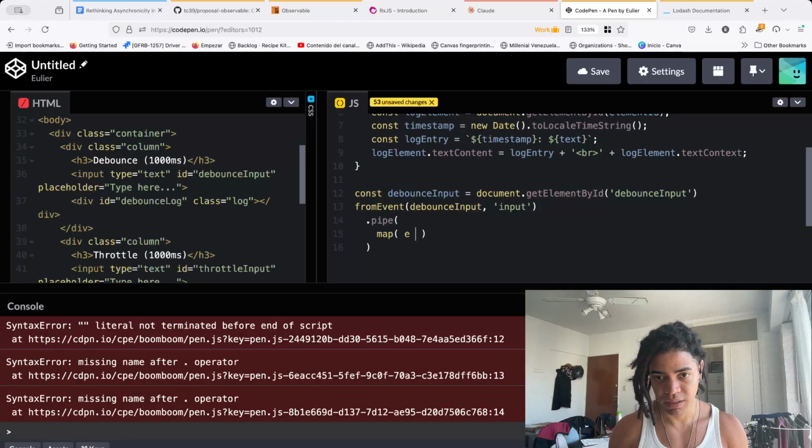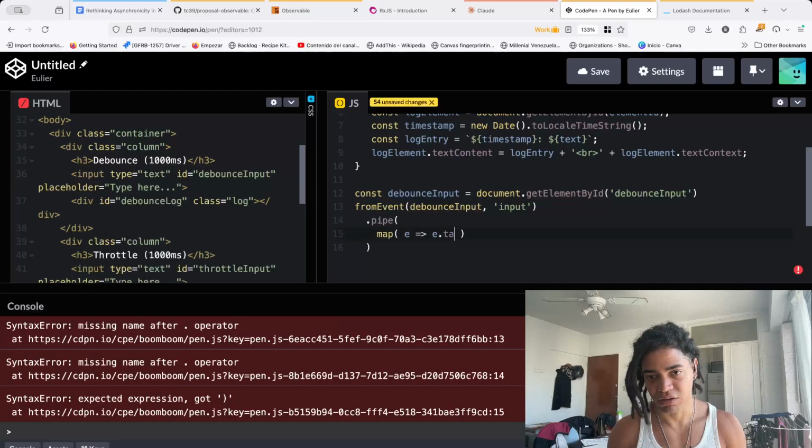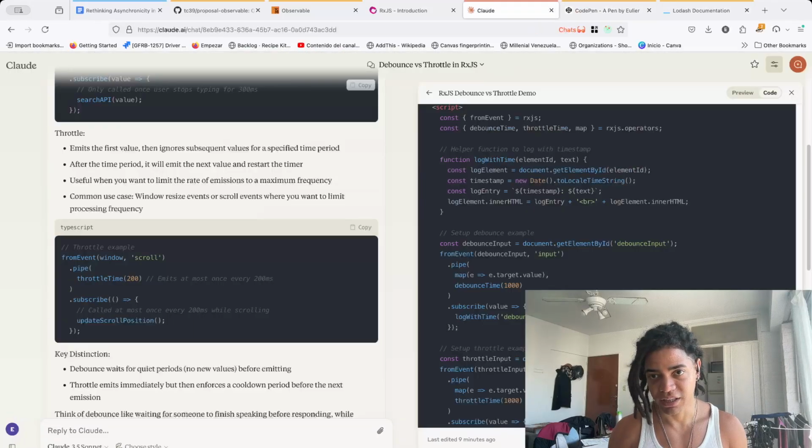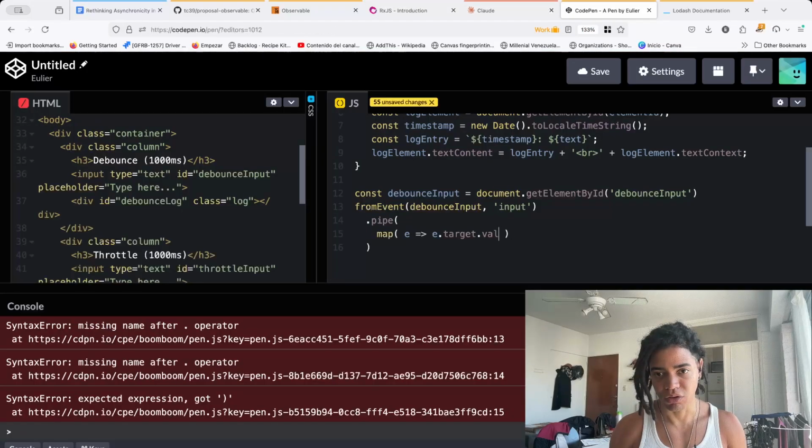Hey, get me the target from that event.target, and we say target because this is the element who cast this. All right. The element who emitted that event, dot value, and then now the debounce here,